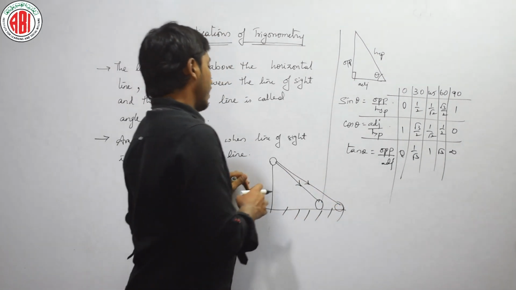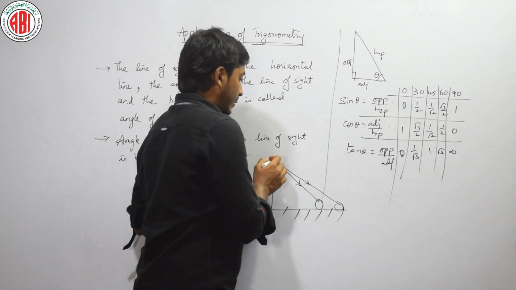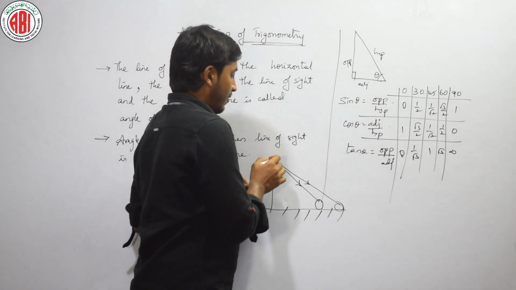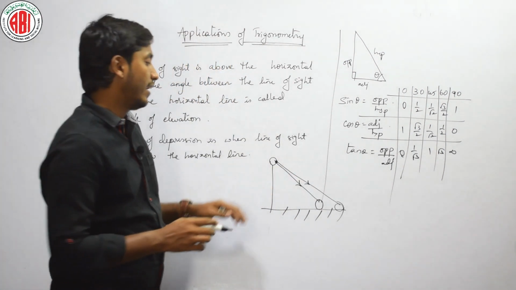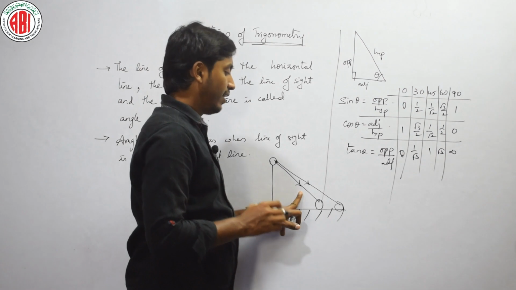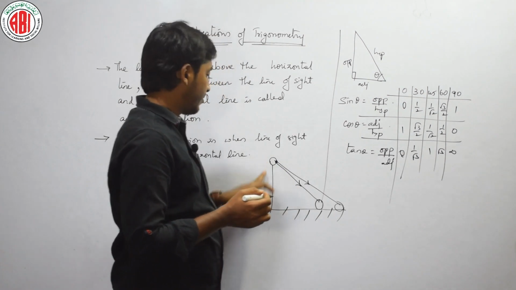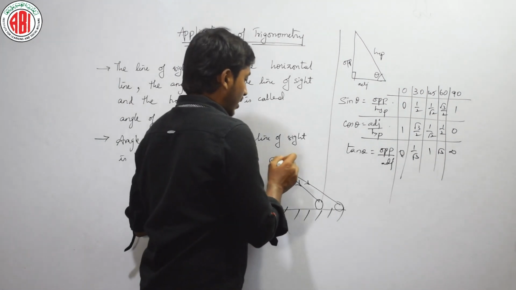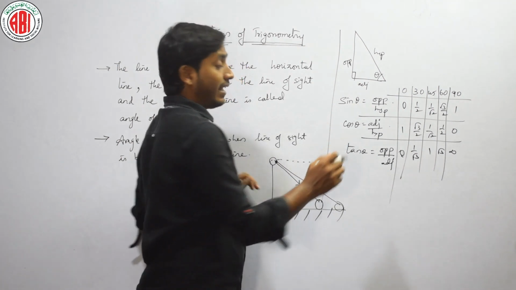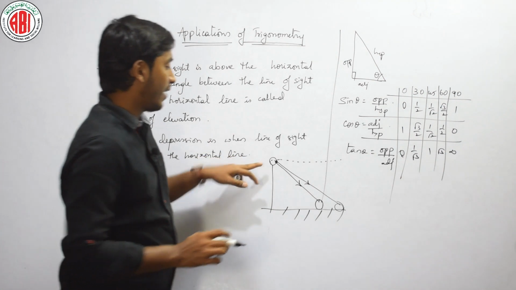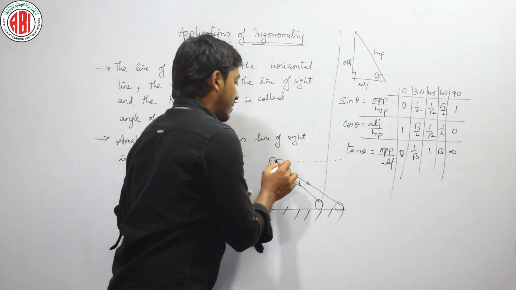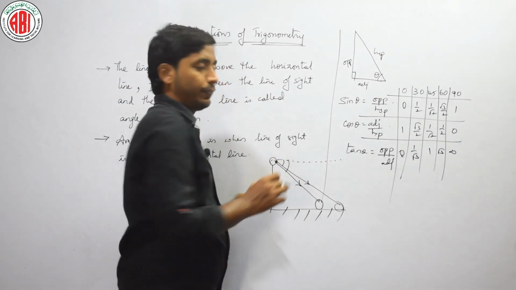Now see here, the line of sight is that straight line which arises from my eye to the object, okay. Then the line of sight will make some angle with the vertical line and the horizontal line, the horizontal imaginary line, isn't it? For example, if I am seeing from here, I have to measure with respect to the imaginary horizontal line, okay.